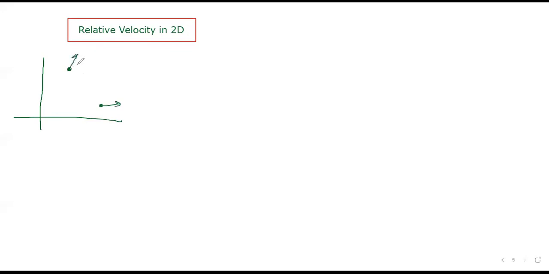With velocity Va and Vb. In that case, you have to use the vector rule with respect to some origin. Suppose they are moving like this, and this is the angle theta between them. Now how to find the relative velocity? The relative velocity, V of A with respect to B, you can say whatever you want to say.